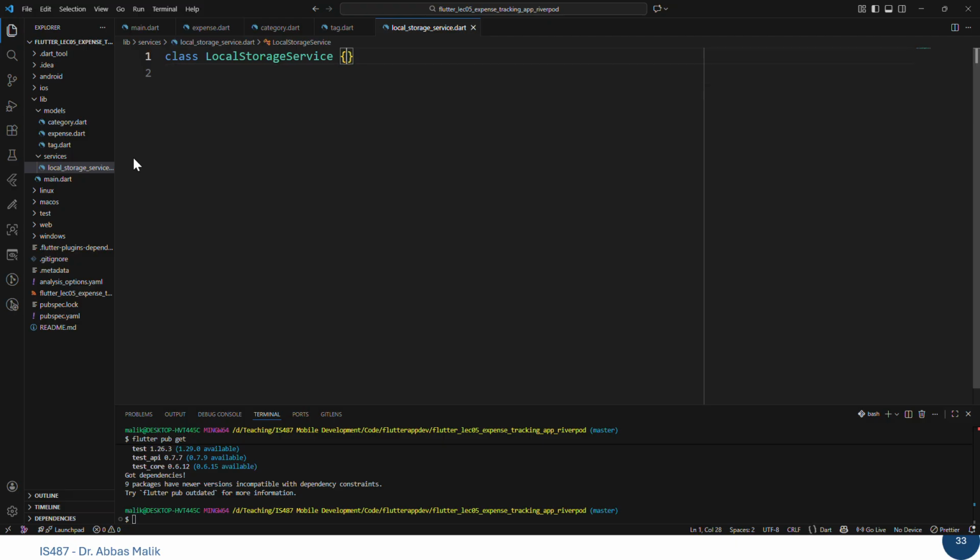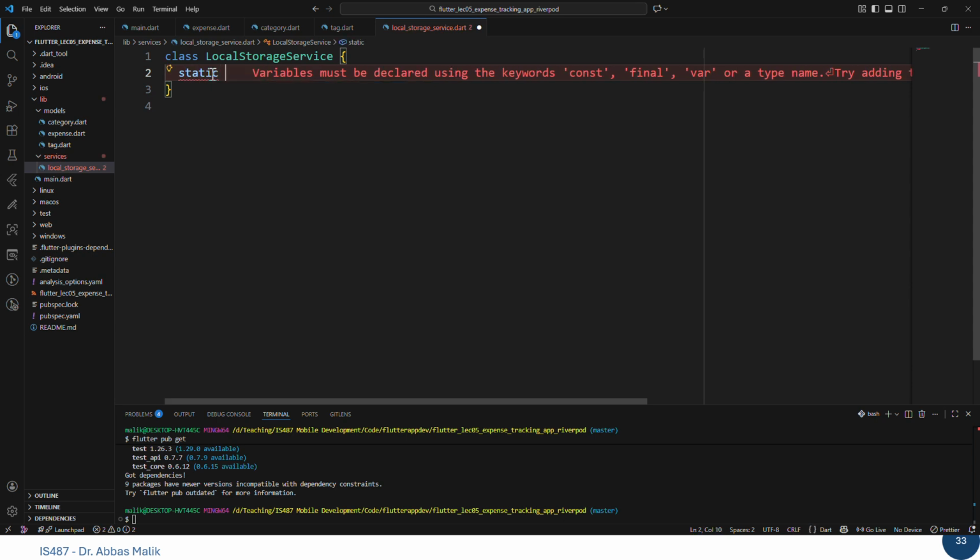And inside we want to specify a few things. The first thing is we want to make sure that if we are opening a connection with our shared preferences, we don't want to open that connection multiple times. Just like if we have a database, we don't want to have multiple connections with it. So we only want to have a unique connection. One way to do that is to make a static late shared